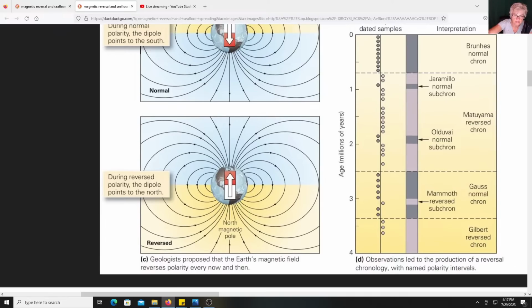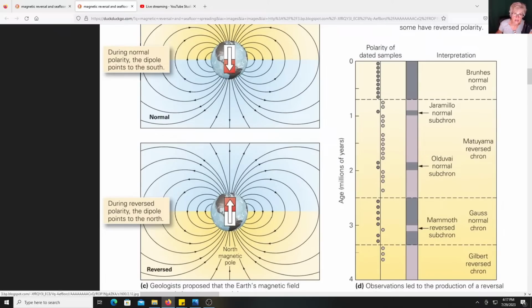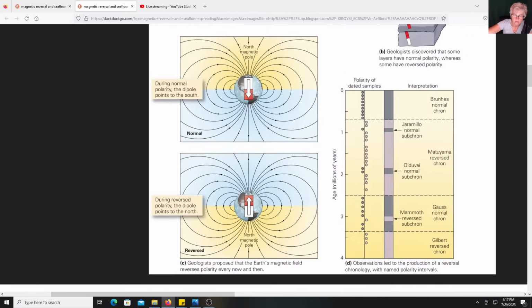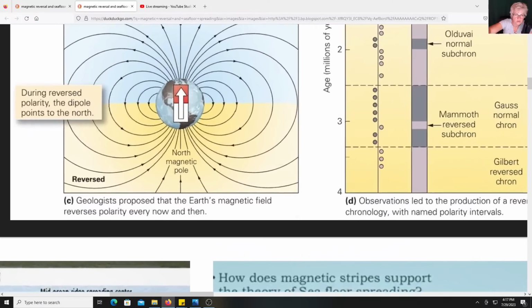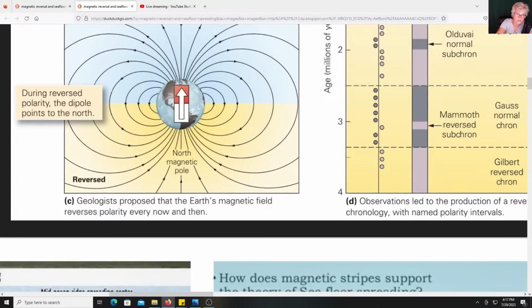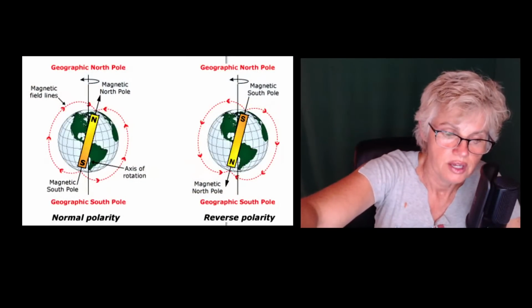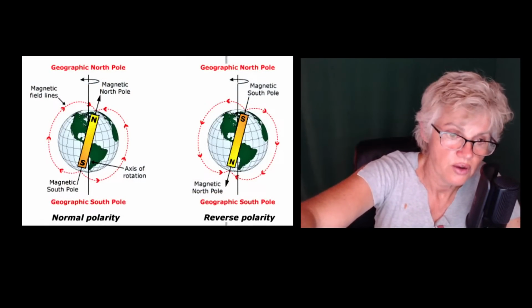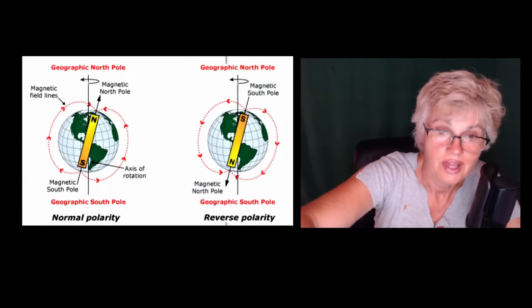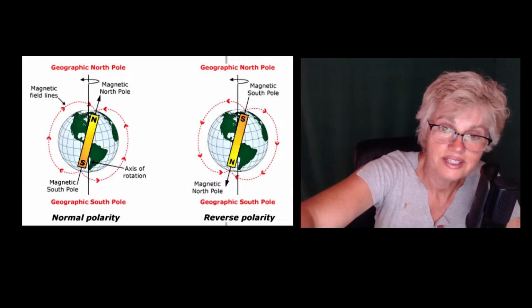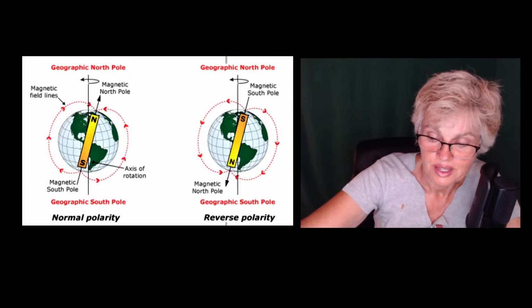But yet, the Earth doesn't flip upside down. You don't see countries flipping all the way up to here. You're not going to see that. Well, I was wondering, how's it going to do it, you all? Geologists propose that the Earth's magnetic field reverses polarity every now and then. Then you have to ask yourself, Gina, honey, how does that happen in the flat Earth theory? I don't know. But this is a theory right here.